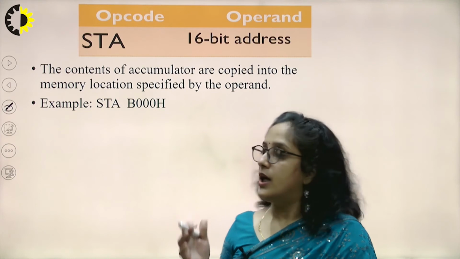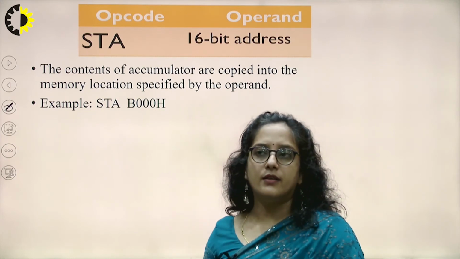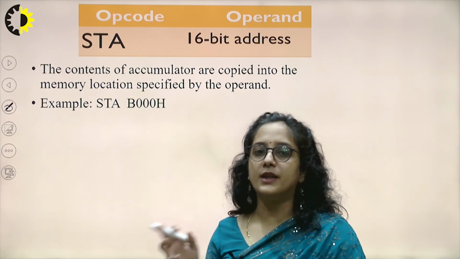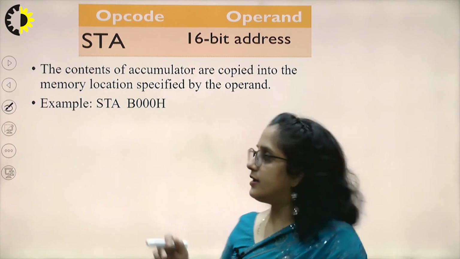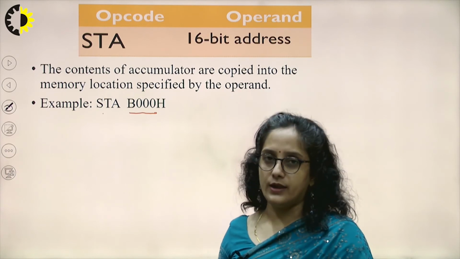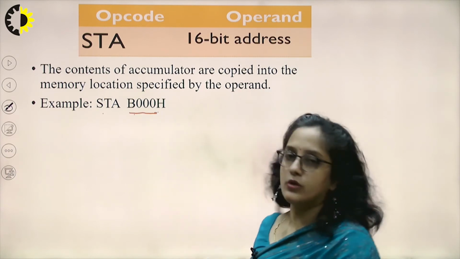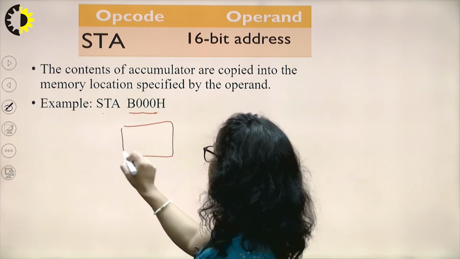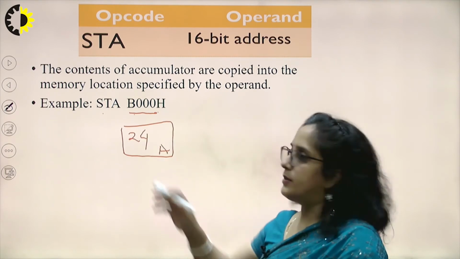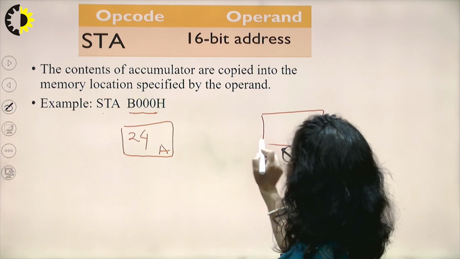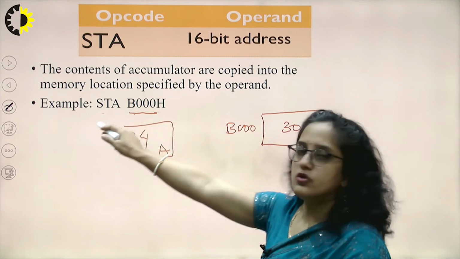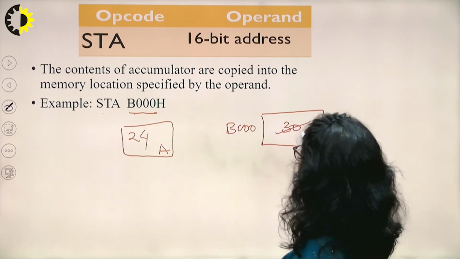Okay, reverse. So that is STA, used when we have performed some operation and we got some result. Now that result has to be stored at a particular memory location, like here it is B1000. So we can write the instruction STA, store the content of the accumulator to a specified memory location. So suppose, take an example that A is having 24. Now we have to store this result to memory location B1000. Initially suppose B1000 is having value 30. Now after execution of this instruction, this 30 gets overwritten by 24.